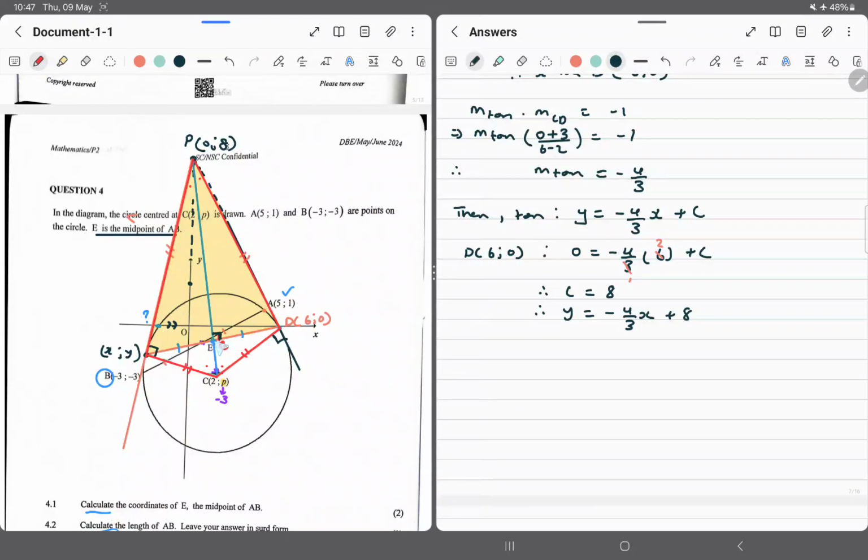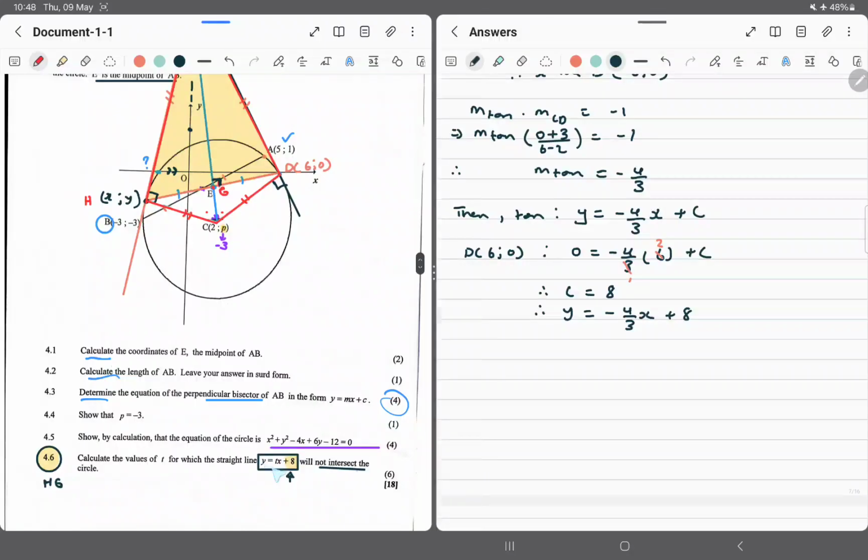And say the point where the perpendicular bisector is bisecting that side, whatever we call it, is G. And then let's call this one H, that other point. So that means if we can find the coordinates of G, we can find the coordinates of H. From the coordinates of H, we can work out the gradient of that line because we've got another point there. Once we find the gradient, then we can make a decision as to what should be the values here